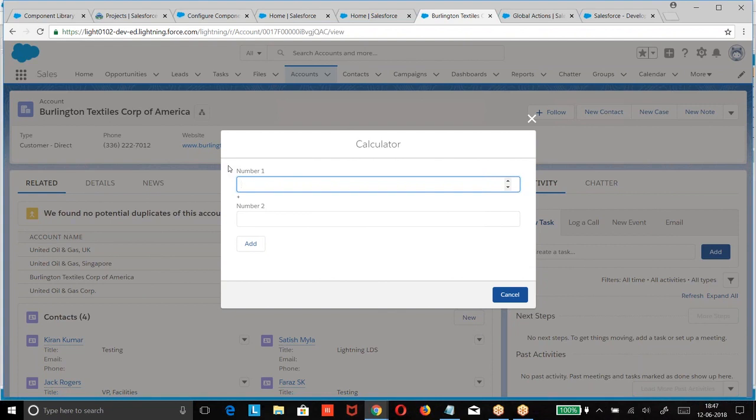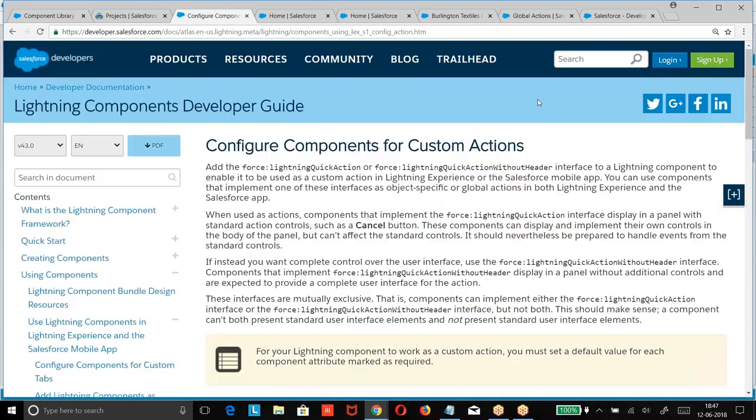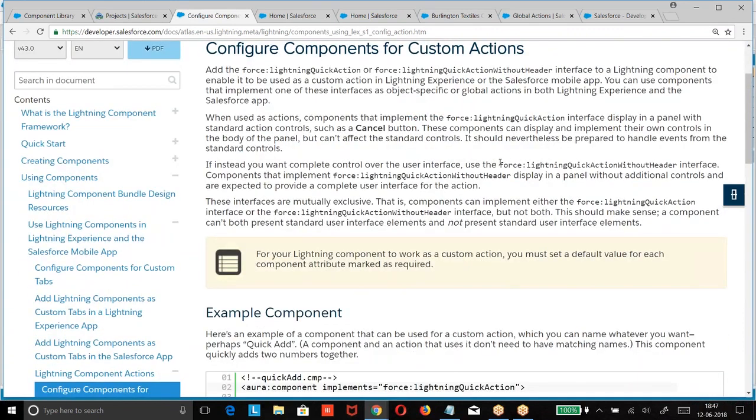If you want to create a quick action without those headers and footers, then we go for force:lightningQuickActionWithoutHeader. Because right now we are using force:lightningQuickAction, we are getting the header and footer. Okay. Let me take this. Now I am taking this element.